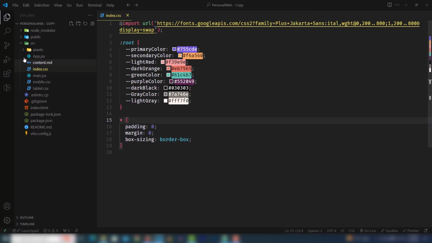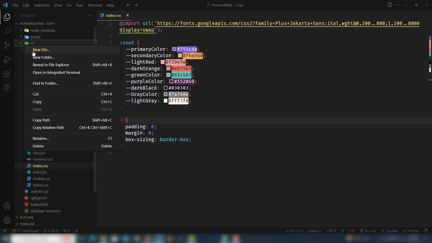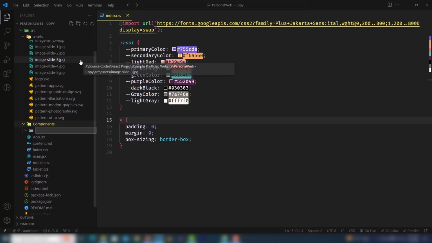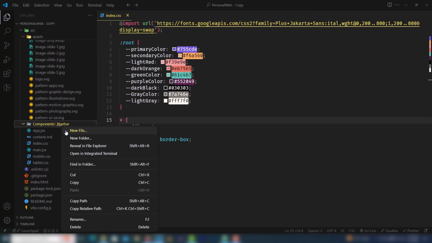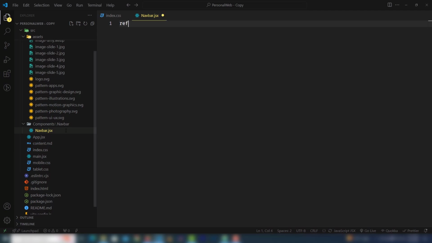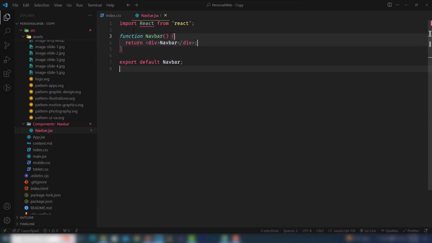So the first thing is I'm going to create a folder, not inside the assets, but inside the source folder, called component. Inside the component folder, I'm going to create another folder, navbar. Inside the navbar I will create a file, navbar.jsx. I will write the simple RFC nav, and we need to call that